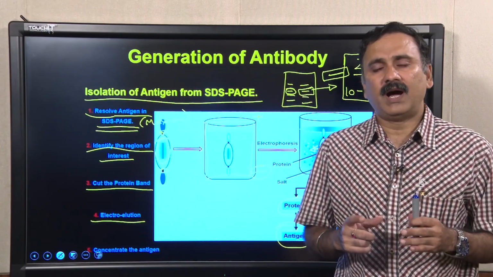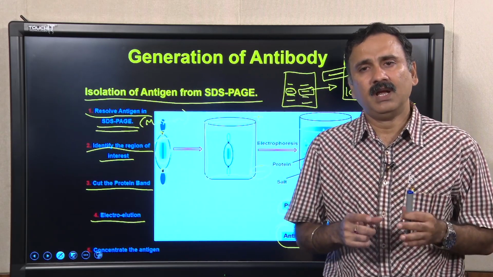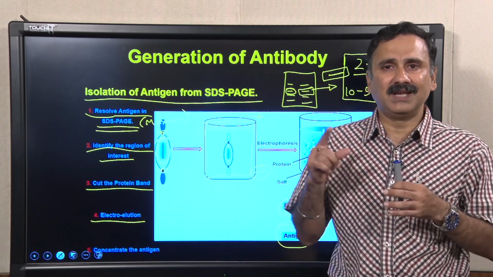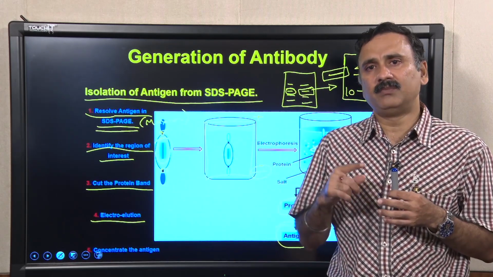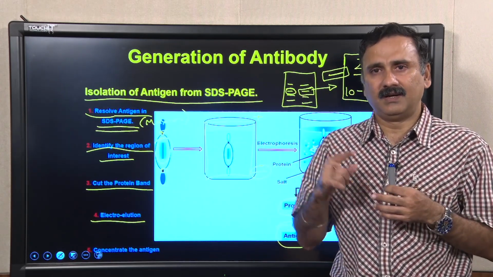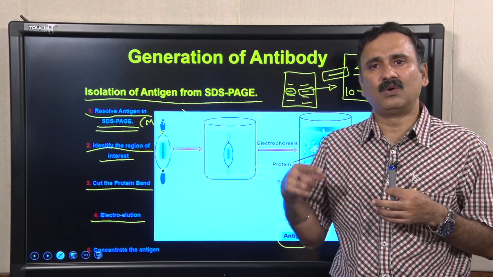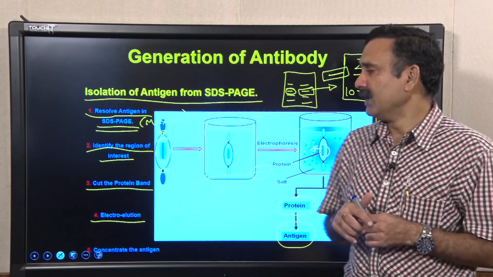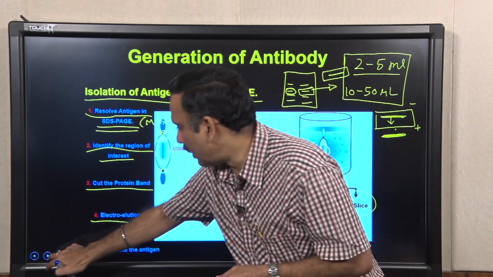I hope you have understood all the steps, and that it could be helpful for you to advance your work. With this demo, I hope you have learned how to electroelute the protein bands from the gel slice, and you will be able to utilize this demo to extend your work or to perform additional experiments related to this. Now let us move on to the next aspect.